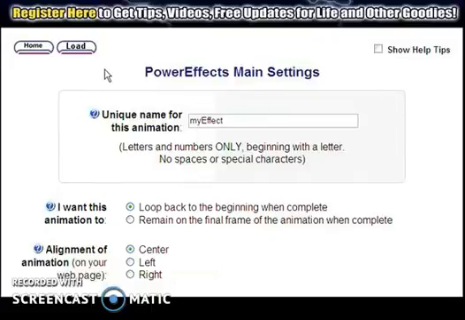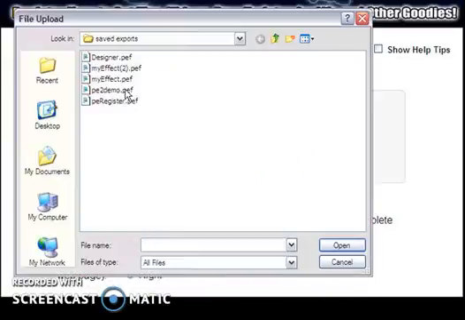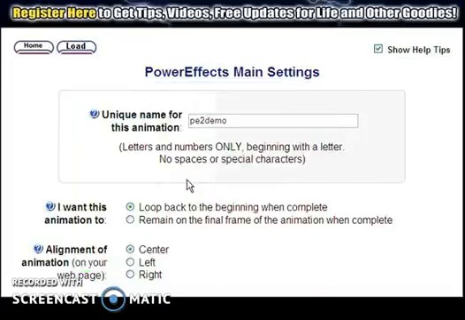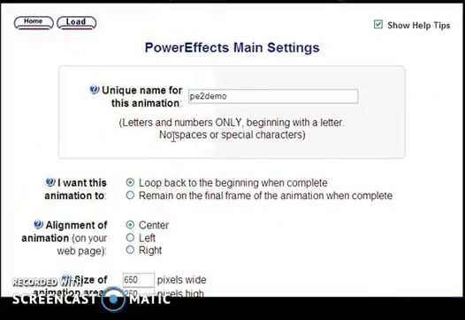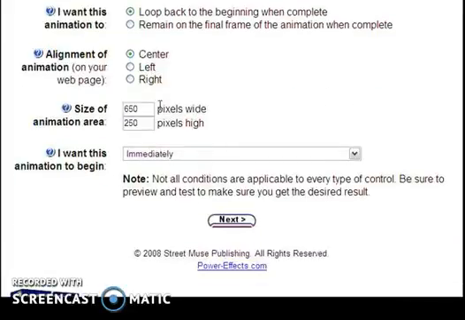What I'm going to do is there's a new feature where we can load and save animations. So I'm going to do a quick load, and I'm going to load a new animation that I've already created before. And this one is basically the demo of this particular tool with the new headline I'm using in the sales letter. So you can see that was loaded. The settings haven't changed all that much. There's a lot of behind the scenes stuff that makes sure that the right information is entered and nothing is skipped. But we're just going to go to the next page,